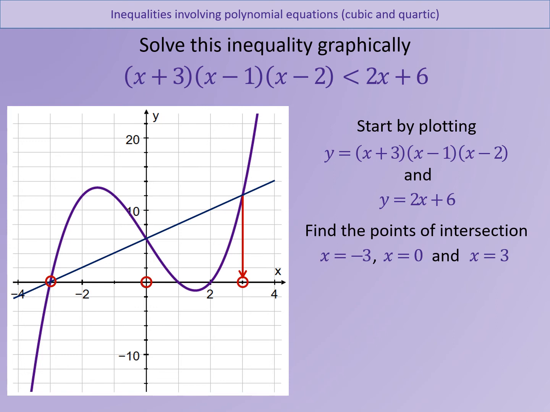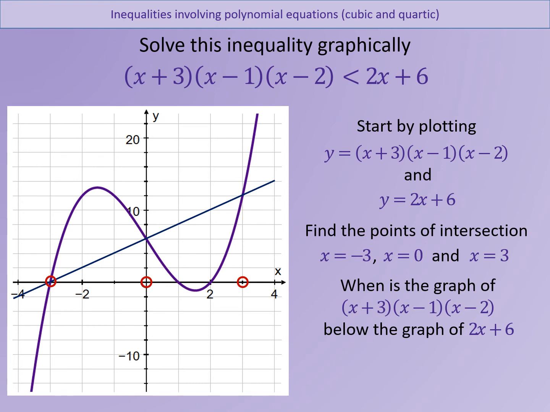So the next thing we need to know, they're the critical values. They're the points where the 2 graphs are equal, where their y-coordinate's the same. We now need to know, where is the y-coordinate of the cubic less than the y-coordinate of the linear graph? So just look at where is the cubic below the line. And you can see it's below the line